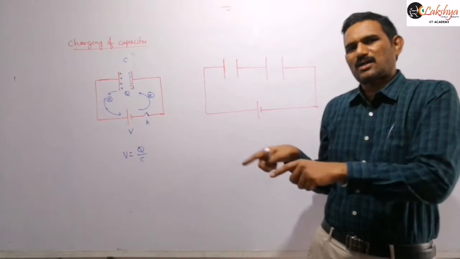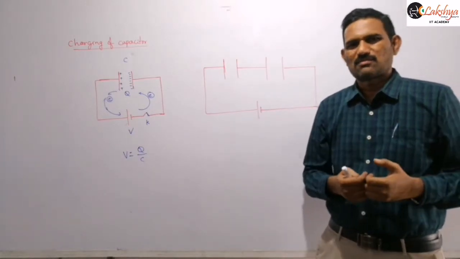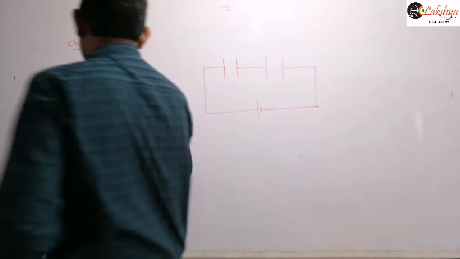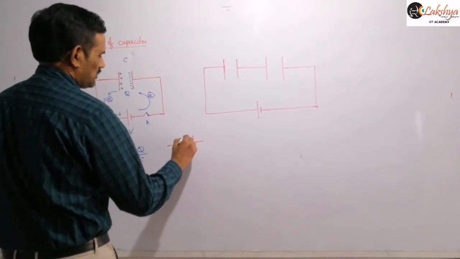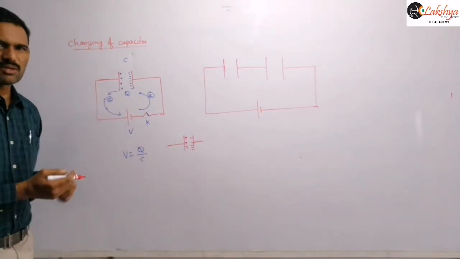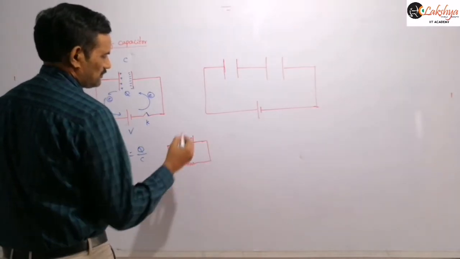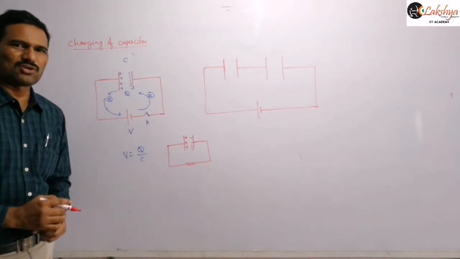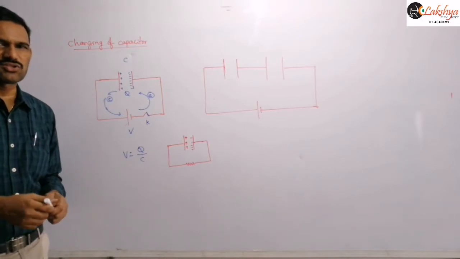When charges are flowing back, that means the charges on this capacitor are slowly decreasing, it is said to be discharging. Suppose after completion of the charging, I remove this capacitor and connect it across a resistance, for example. This is a positive charge and this is a negative charge, right? After charging, I remove the capacitor from the cell and connect it across a resistance like this. Then what will happen? This plate is at higher potential and this plate is at lower potential, and positive charges flow from high potential to low potential.